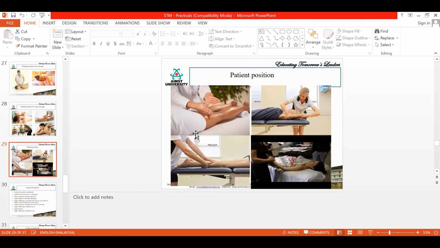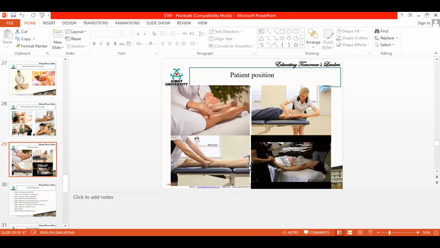And this is a position for lower limb massage. Same as before, you can be in supine lying or prone lying. If the limb is very big and you're not able to handle it at one point, then you can divide it into segments. That means position the patient in prone lying, give the whole massage on the back of the leg, then position them in supine lying, then give massage on the front. Depending on the limb size and weight, you can decide whether to divide into posterior and anterior, or divide just the foot part, the leg part, then the thigh part, like that.